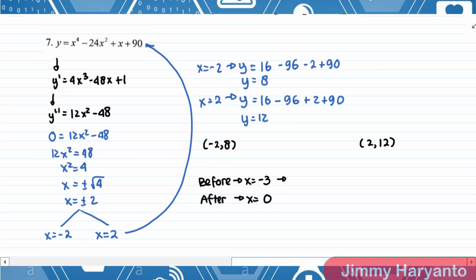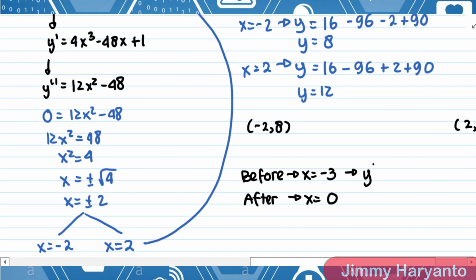For the negative 3, the result of the y double accent, let me calculate it for you, it will be negative. And for the 0, the value of y double accent will be negative also. Yeah, so for this one, wait, for the 3, oh, my mistake. For the 3, it's positive, 9, yeah, it's positive, sorry. There is a change of sign in y double accent, so I can tell that this one is an inflection point.